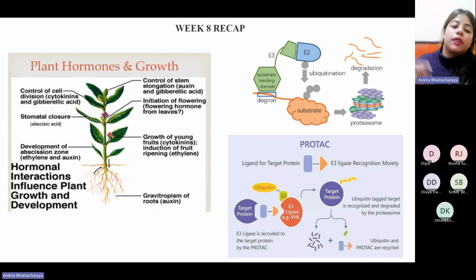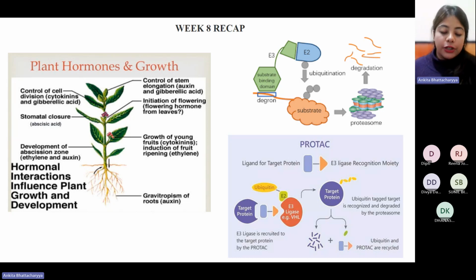When it does so, the ubiquitination machinery will identify protein X as something that needs to be targeted and degraded, and therefore it will start ubiquitination, which will be followed by polyubiquitination, and finally proteasomal degradation of this protein of interest. Once that protein has been degraded, the PROTAC would be released and recycled, and then it can go and bind to other proteins.